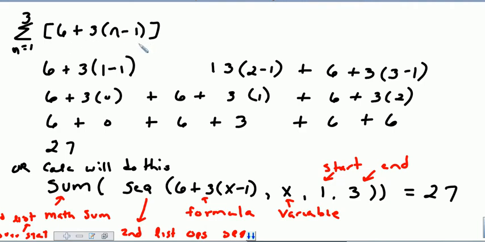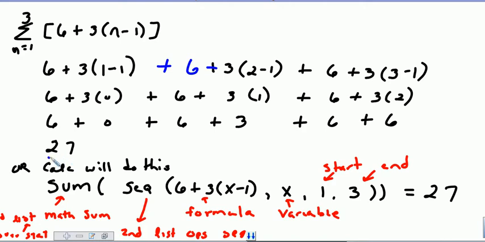That means I'm going to take n equal to 1, and I'm going to put a 1 in for the n. And then I'm going to make n equals 2. And then I'm going to make n equals 3. I'm going to go from this number to this number. So 6 plus 3 times 1 minus 1, 6 plus 3 times 2 minus 1, 6 plus 3 times 3 minus 1. And then I am going to add all of those together. See, I've lost my plus 6 here somehow or another. I guess I accidentally erased that. All right, so now here's with n equals 1, n equals 2, n is equal to 3. Simplify all of that and add it together, you get a sum of 27.